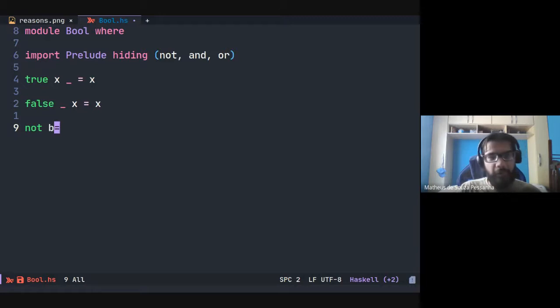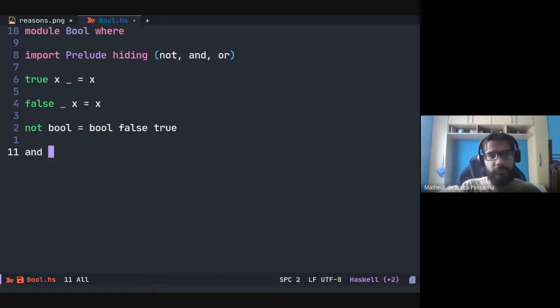It receives a bool, and applies this bool function to false and true. So if it receives true, it will return false, and if it receives false, it returns true.